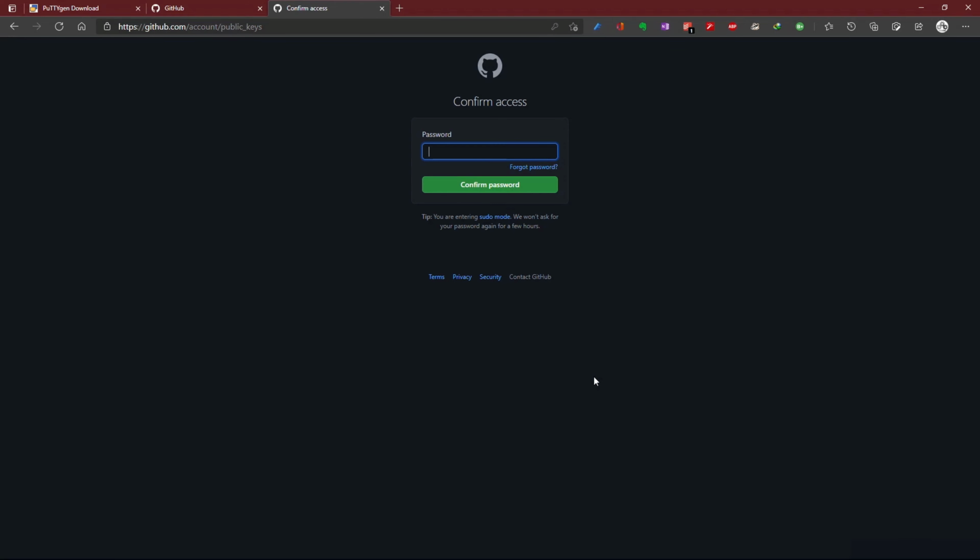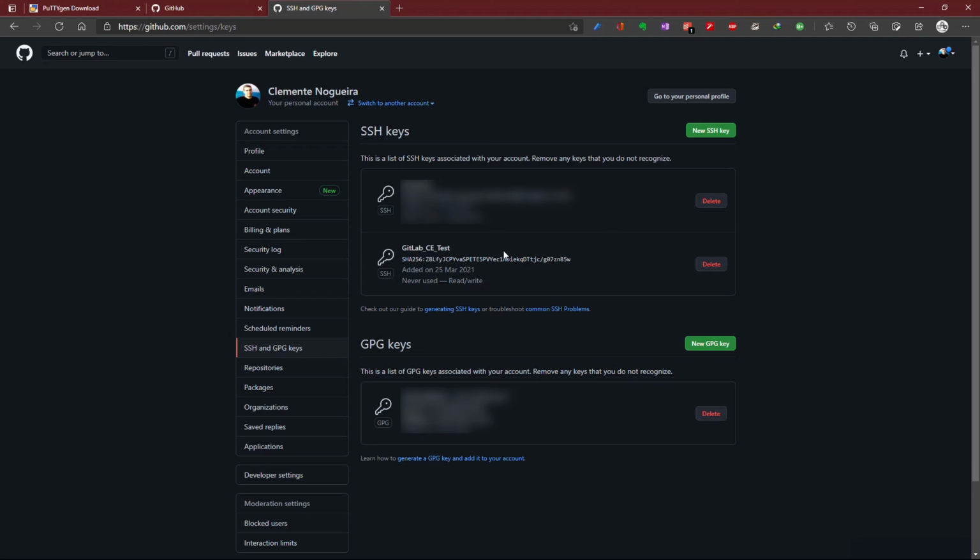When we add a new key, we need to confirm the password from our GitHub account. And now we have it. Now everything is ready to create a virtual machine and install the Ubuntu server to host GitLab Community Edition.